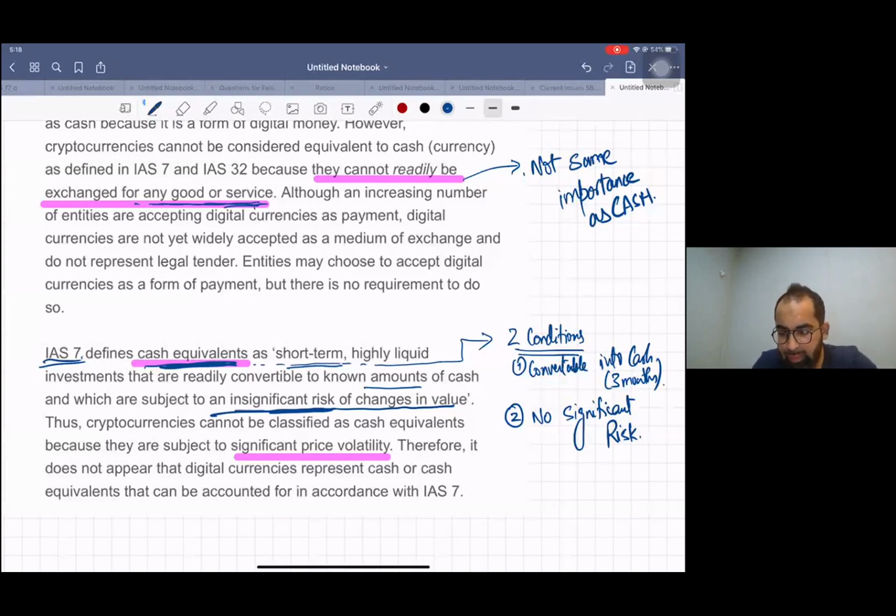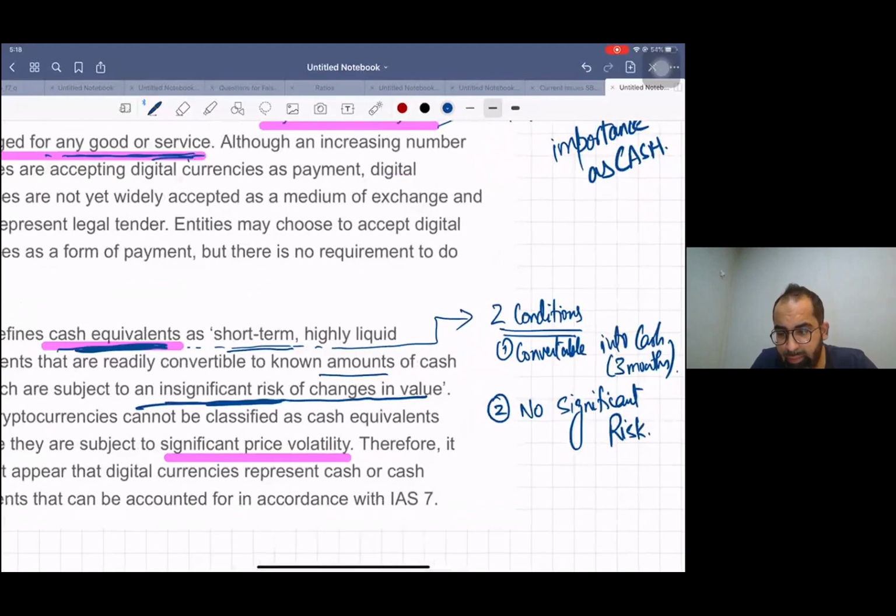Now let's see these two conditions I have written with my pen. Do you think cryptocurrency meets these two conditions? No. First condition, they are convertible into cash. Do you have any commitment with any other party that you will get cash? No commitment. Yes, if you find the buyer, you can sell it, but there